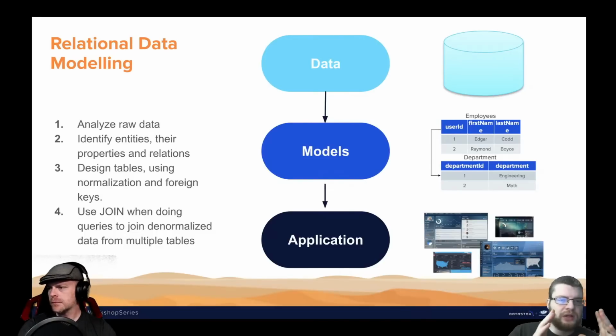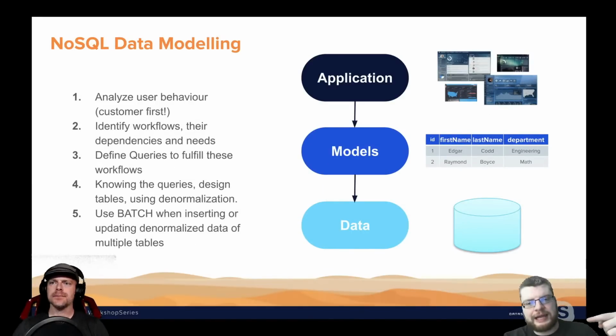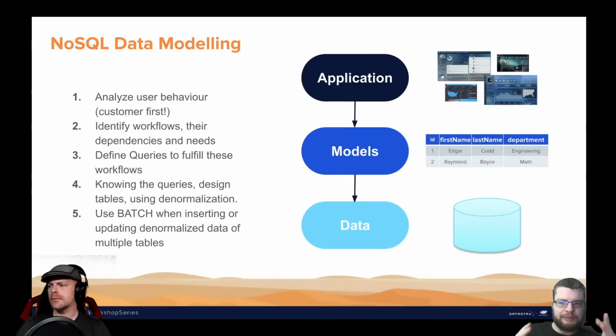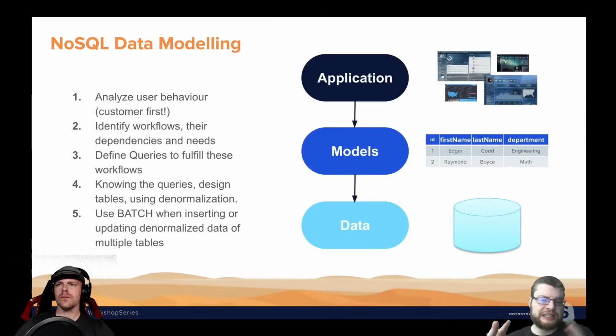With NoSQL data modeling in Cassandra, we're actually flipping that entire thing on its head. And that's a good thing. We'll get into why that's a good thing in a moment. But we start with our application. We ask, what is this application trying to do? What queries is it going to need to run to accomplish that? Then we build our data models around those questions. And then our data actually comes last,